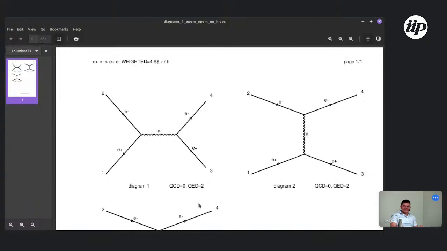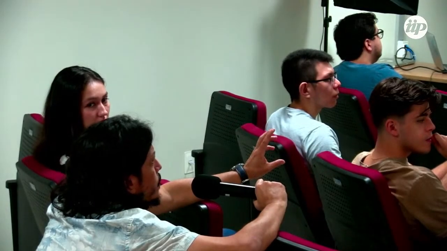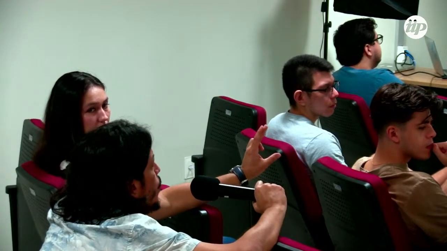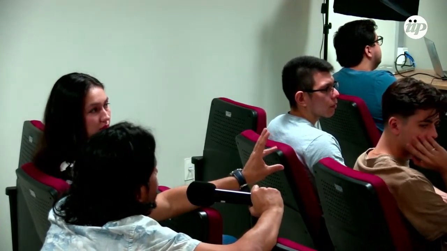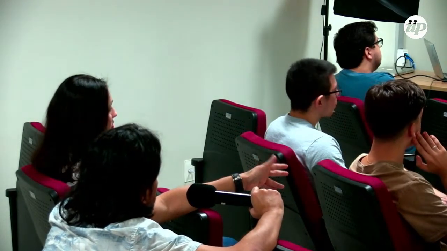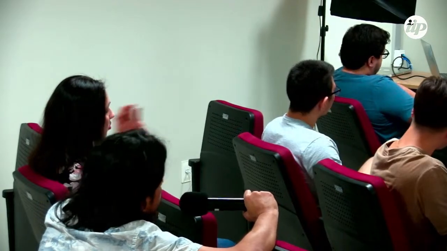First of all, you need to generate the process, and after that, the program generates cards, and you edit the cards, and in the cards you have the information about the energy of the collision. I don't know, but where do you modify the information about the luminosity of the process, for example? Okay, this is a good question, and that question is answered